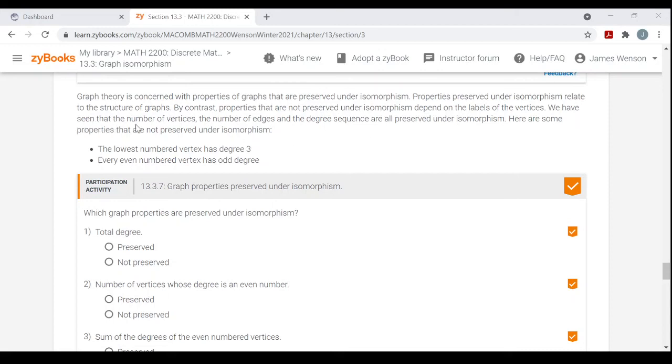So we have seen that the number of vertices, the number of edges, and the degree sequence are all preserved under isomorphism. Also those cycles, as I mentioned, but it's in the exercises. So here are some properties that are not preserved under isomorphism. Say the lowest numbered vertex has degree 3. That's not always going to happen, right? You could just relabel